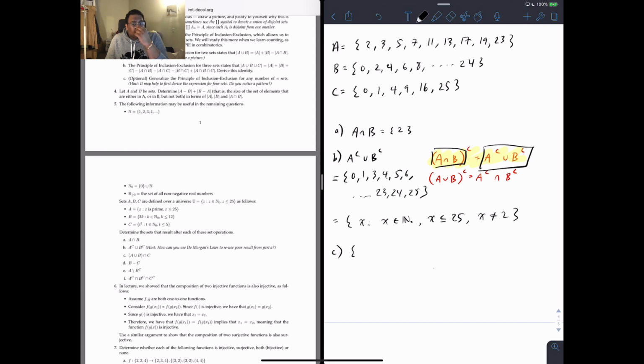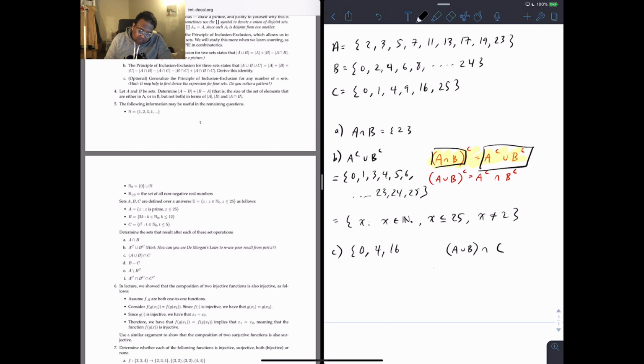So an easier way to reason about this is to think about the elements in C that are either in A or in B. All the numbers in C are squares, so none of them are prime, and so they're not going to end up in A, because A is the set of all primes. And the set B is the even numbers. So when we take the union of A and B, and then take only the elements that are also in C, all those numbers are going to come from the set B, right? And the numbers specifically are 0,